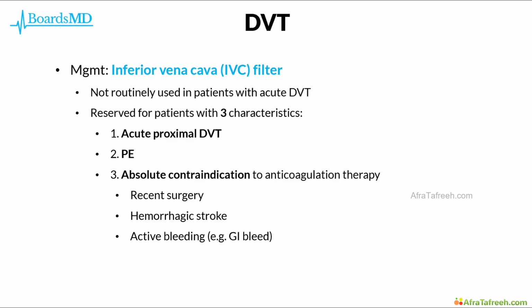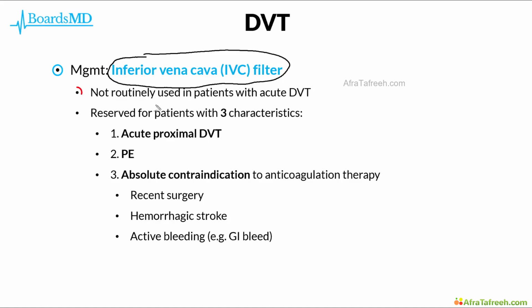One important modality that we have at our disposal in patients who have an absolute contraindication to anticoagulation therapy is the use of inferior vena cava, or IVC, filters. These are not routinely used in patients with acute DVT and instead are reserved for patients who have the following three characteristics. The patient must have an acute proximal DVT, and note here how I am emphasizing proximal because these